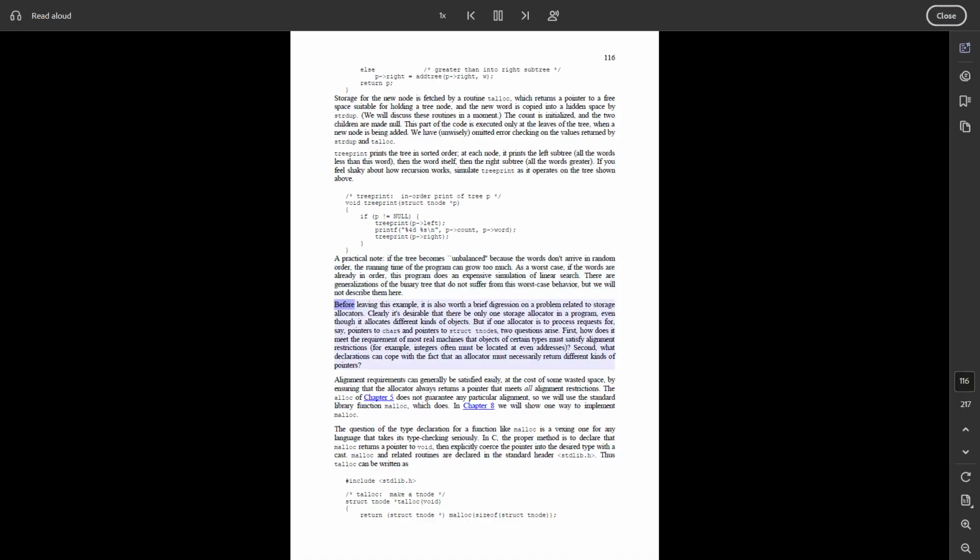Before leaving this example, it is also worth a brief digression on a problem related to storage allocators. Clearly, it's desirable that there be only one storage allocator in a program, even though it allocates different kinds of objects. But if one allocator is to process requests for, say, pointers to chars and pointers to struct nodes, two